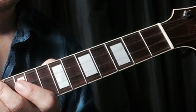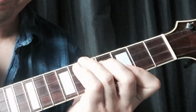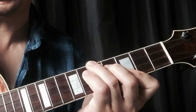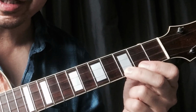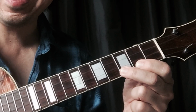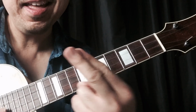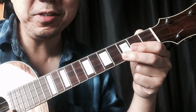Okay, so the idea behind this, and please refer to the PDF, but it's really a simple idea. You take your shape, whether it's major or minor, got to have that down first. And that's why the first 2 exercises are great, just the chordal, the arpeggiating of the chord. So now we're going to do the lower neighbor tone. We're going to start on the chord tone, and then go a half step below, and then back to the chord tone. So whatever chord you're on, then take it through the chord. And I'm just doing it exclusively with these 2 fingers. I call this the a la Django, because Django Reinhardt played with these 2 fingers, if you don't know the story. Okay, so we have this C major,